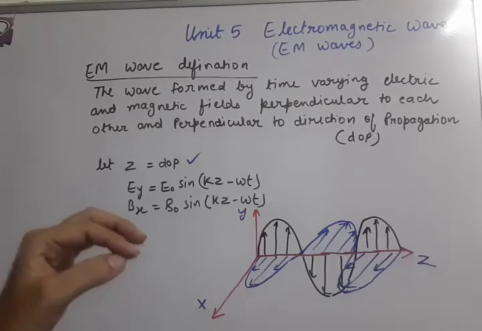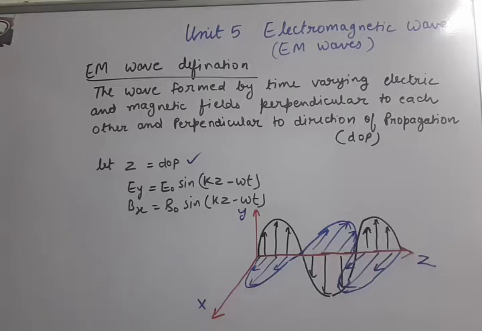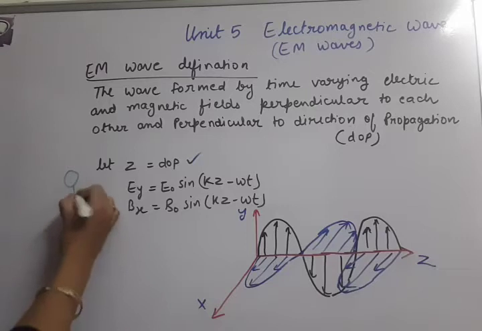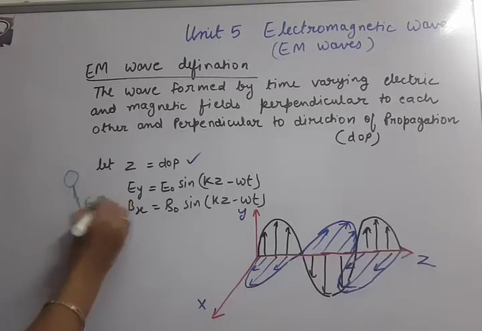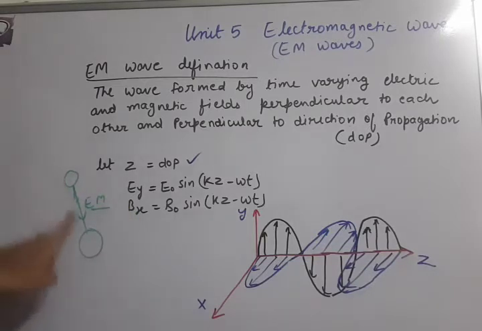As an introduction, we can understand that the waves which are coming from the sun to earth are electromagnetic waves. We already know about the two parts which we are getting from the sun. So what are those two parts? We are getting the light also, we are getting the heat also.